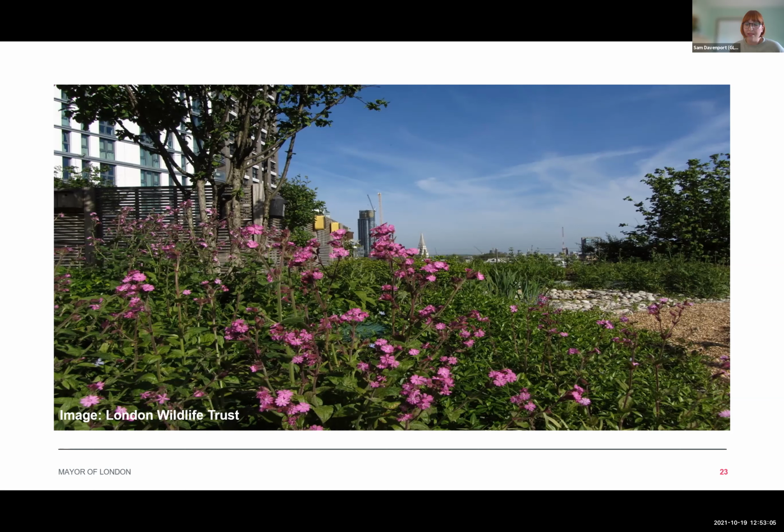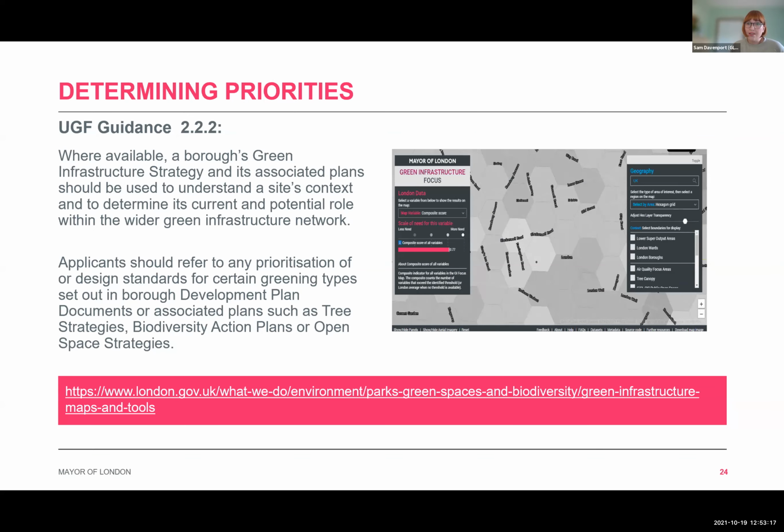So that's some examples of how urban greening can be designed and integrated into developments to meet a range of objectives and to deliver a lot of different benefits. The UGF guidance is clear that different local priorities should be reflected in the greening for a site, and sets out some places where applicants can find out more information about what might be relevant, and this includes borough green infrastructure strategies or other development plan documents or associated plans such as tree strategies, biodiversity action plans